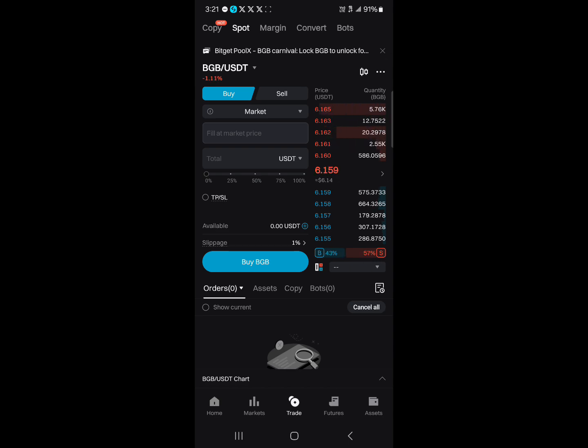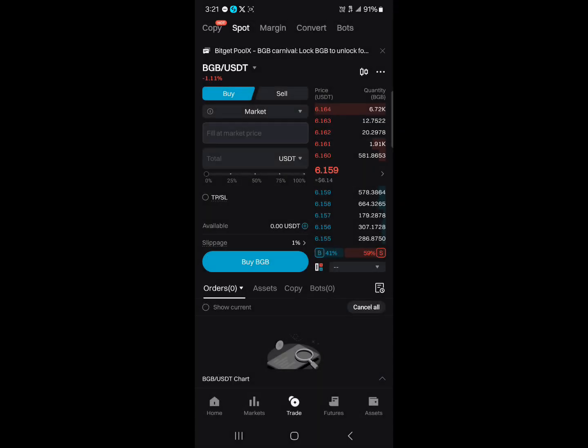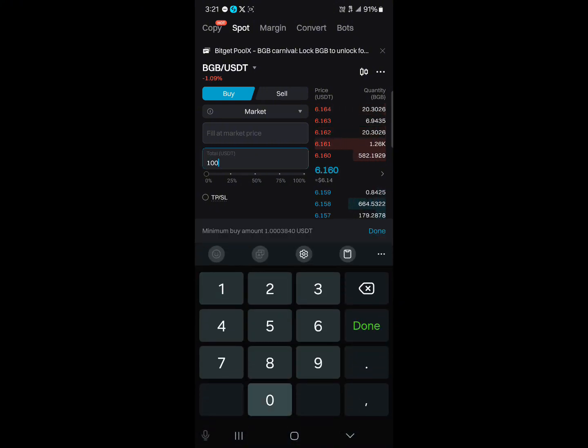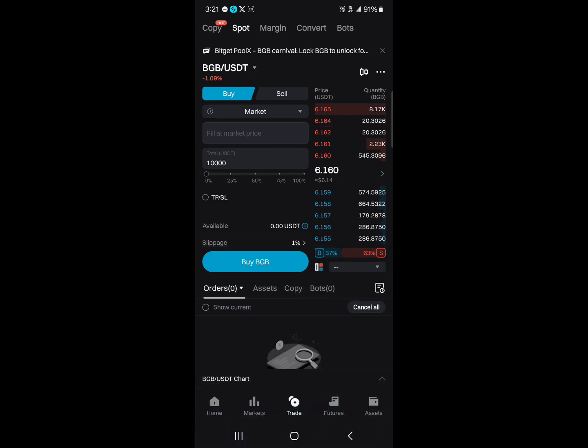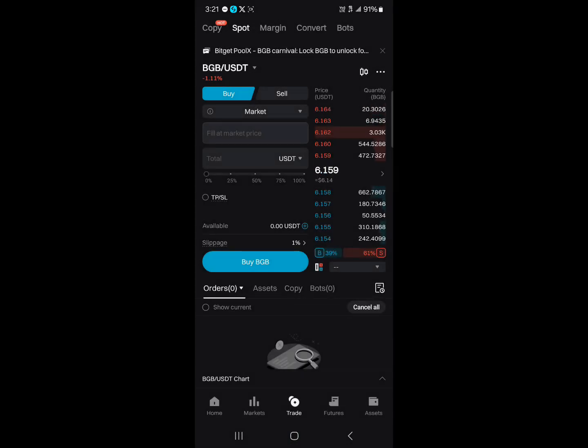We're here to buy, so under the market option, make sure you select market, which helps us buy at the current price of the market without having to wait for an order to be filled. So now all you need to do is enter the amount of USDT you wish to spend on this token and simply click on buy. By doing this, you have successfully bought the Bitget token on your account,